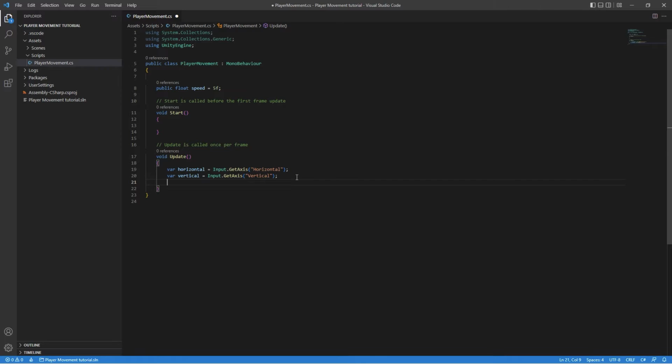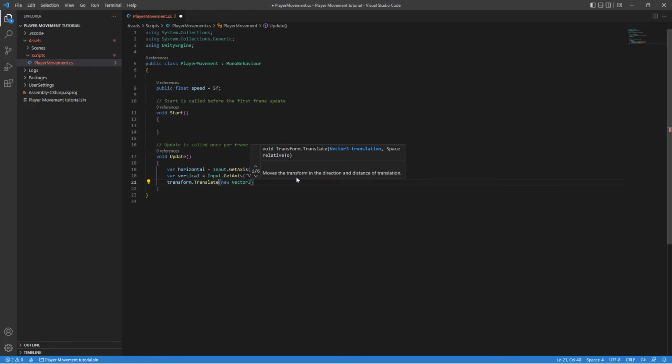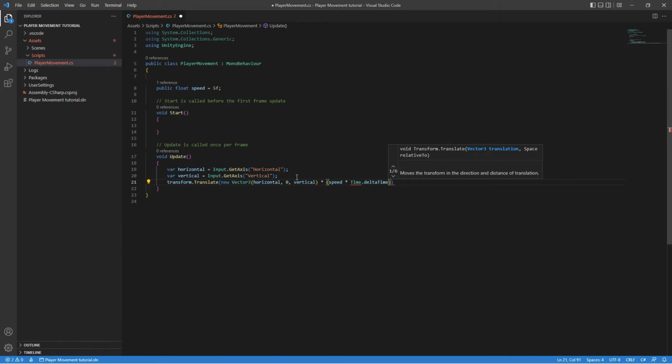Then after you've done that, you want to go here, transform.Translate, bracket, new Vector3, bracket. So on the x-axis we're gonna have the horizontal input, then 0 on the y, and the vertical input on the z-axis. Then you want to times that by speed, times that by Time.deltaTime. After you do that, you want to add a semicolon to end the line, save it,